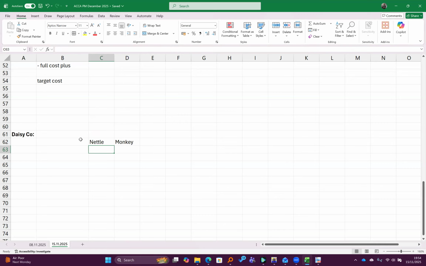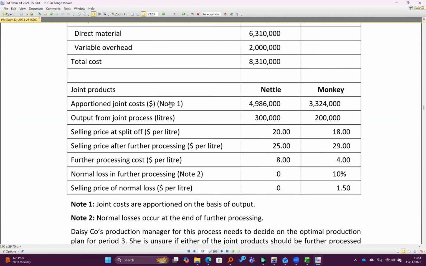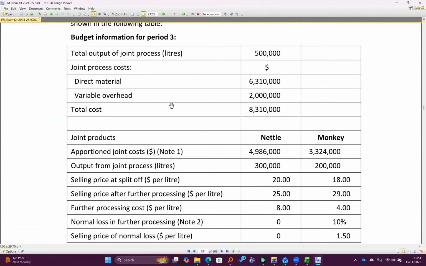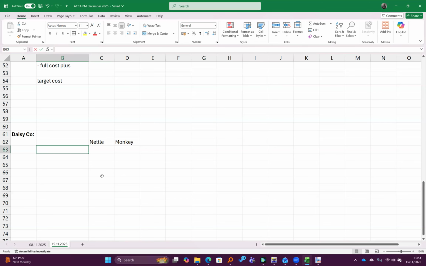So now, let's compare the costs and the revenues. Because of course, if you sell at split off points, so revenue at split off,